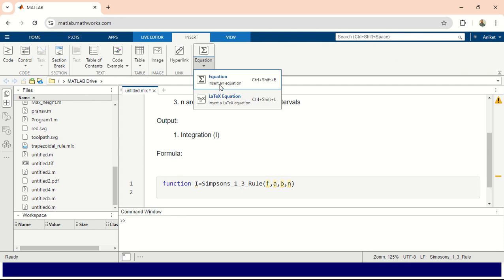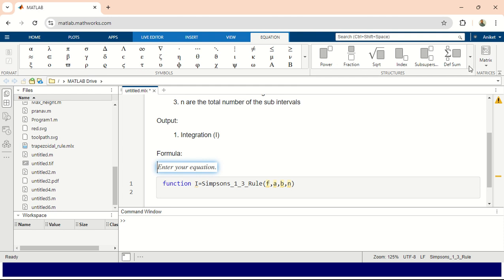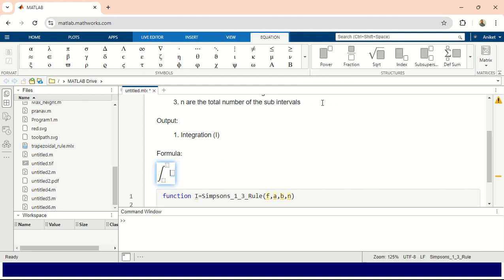Integration, definite integration from a to b of f of x dx is equal to, now we have to add some fraction. This is h by 3 into